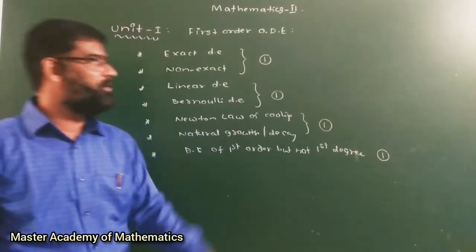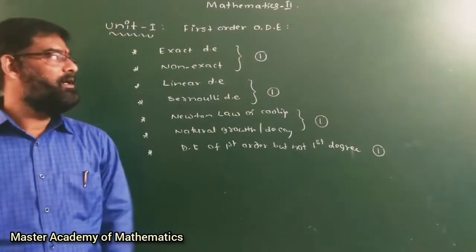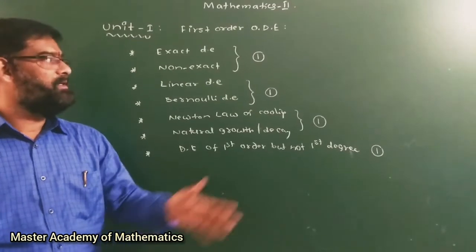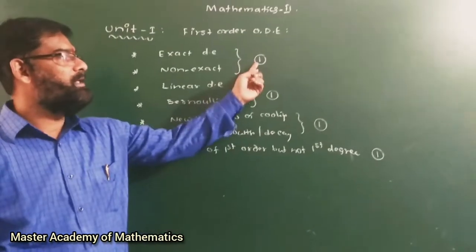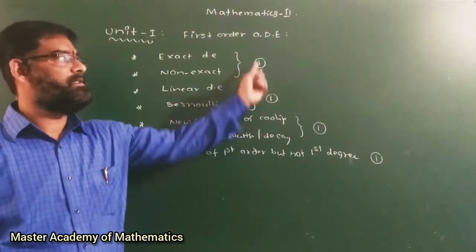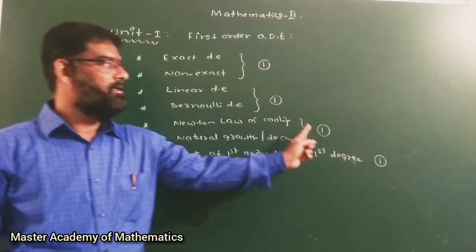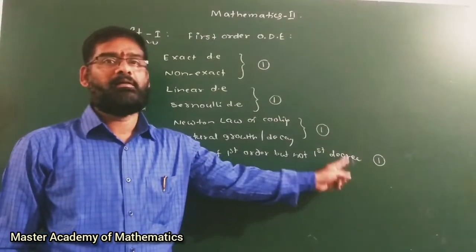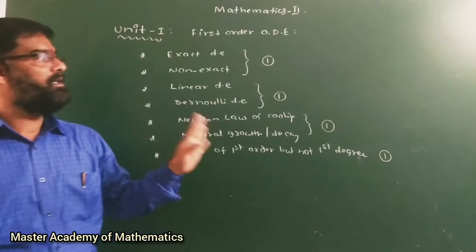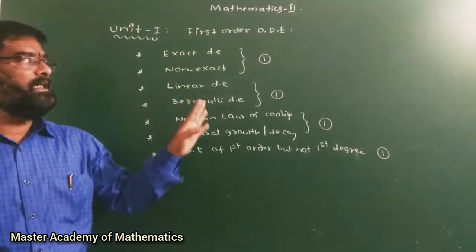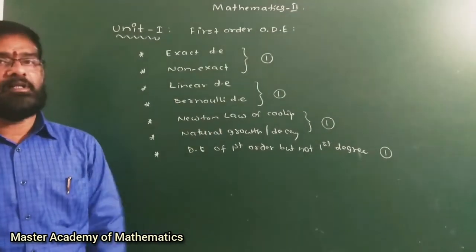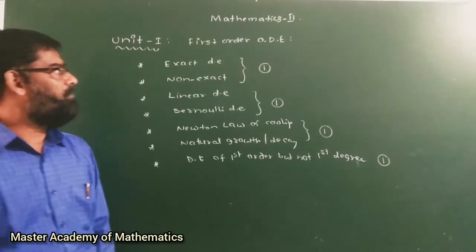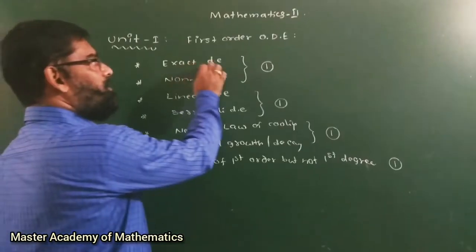Out of these 4, you look onto your previous examination papers during COVID, A bit, B bit. This is first question, A bit, B bit, second question. So from the first unit, 2 questions will be there with A, B, and these are the different topics here. And when you look onto the first one, exact differential equation.